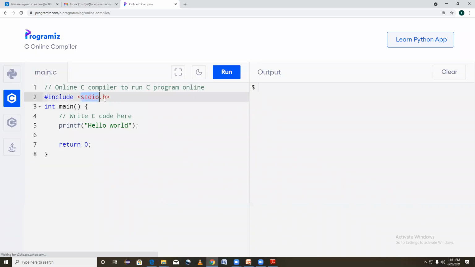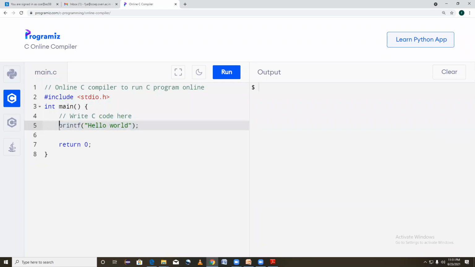It will read this header file completely. Then the pointer will move to the next, the integer main function. As it gets this double slash, it means there is a comment, so this line is not considered for execution. Then your compiler will move to the next line.